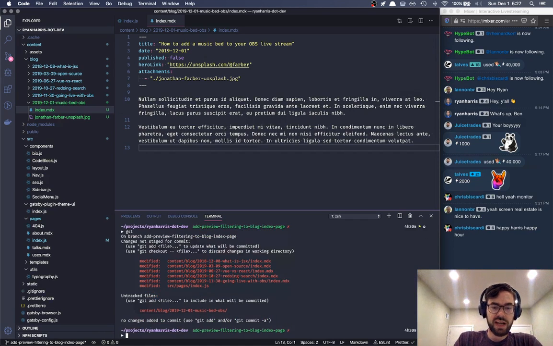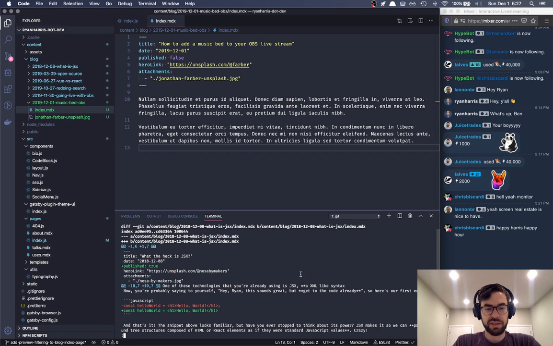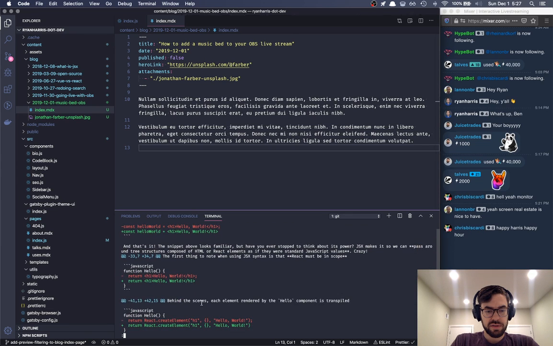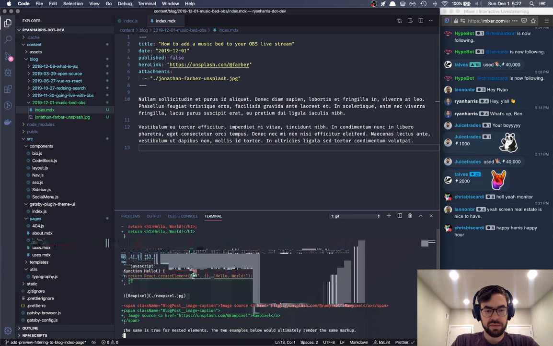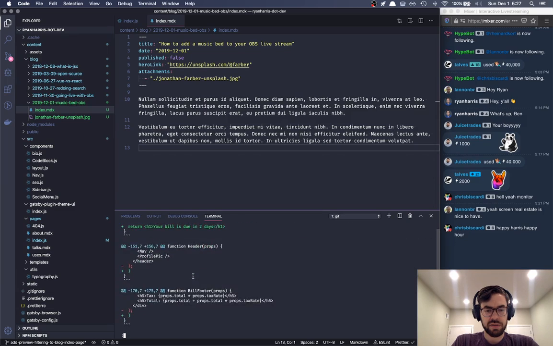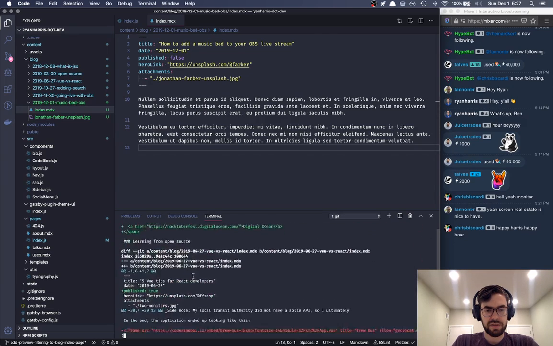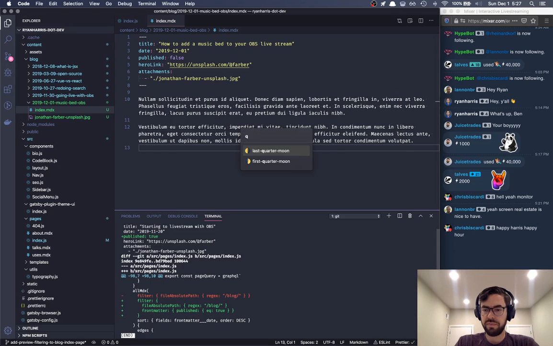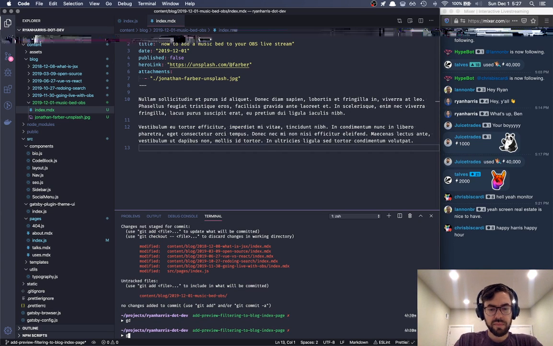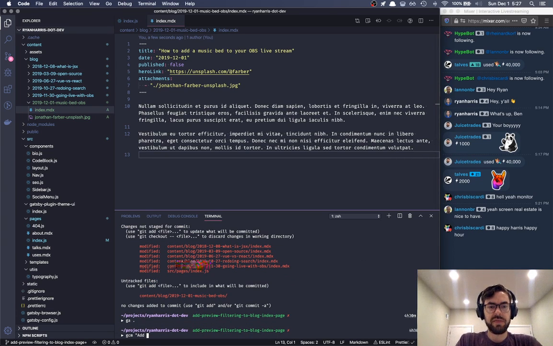So git status. These are all the files that we changed. Let's just double check our diff. So everything has published true now. Some things got formatted as well. Okay, cool. Yep. So now I'm going to add everything, going to commit it, add ability to